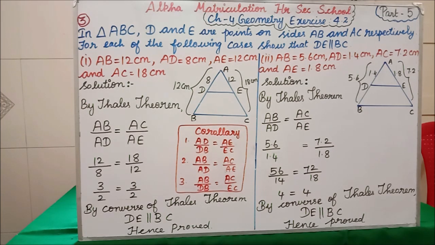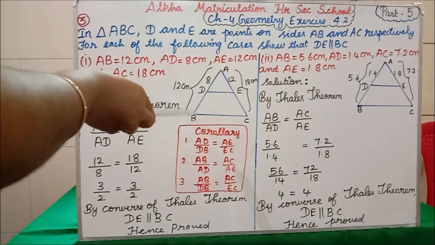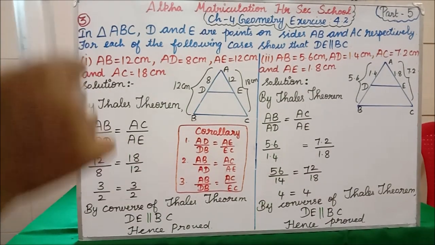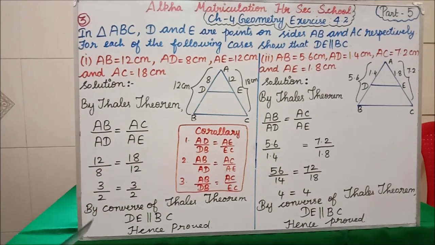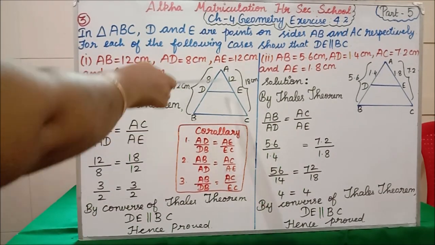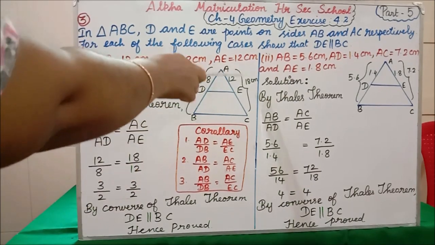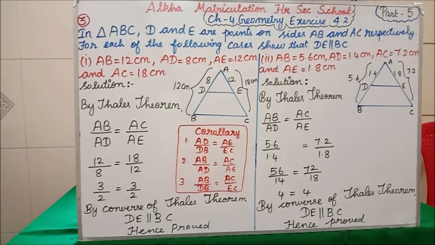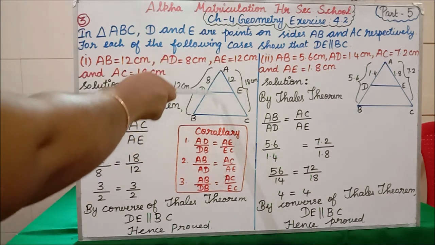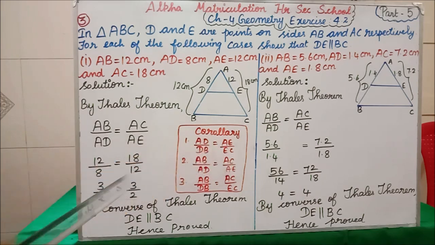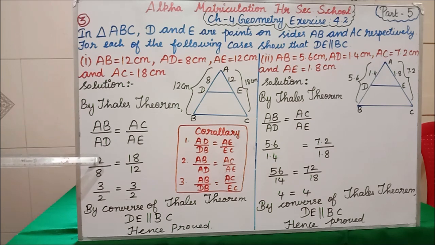The corresponding sides divide in the same ratio. Now, if you notice in this diagram, what values are given? According to the values, you can take any one. Clear, students? In this diagram, they have given the full length and the first part value. Similarly, on this side, the full length and the first part value. So, in which corollary does the full length and first part value come? The second corollary: AB divided by AD, AC divided by AE. So I am applying Thales theorem. I am writing AB divided by AD is equal to AC divided by AE.